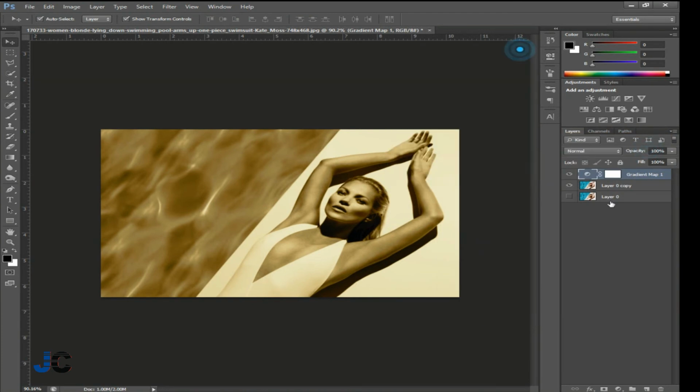Okay, close that and close, and then we are back to our original image. So that's all about the photographic toning. See you in the next